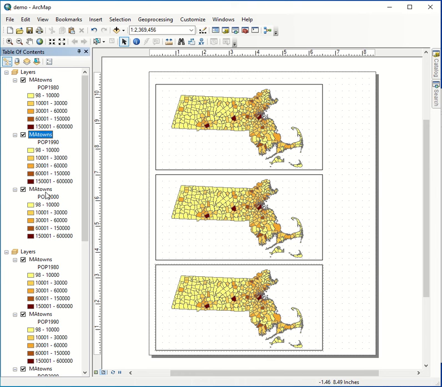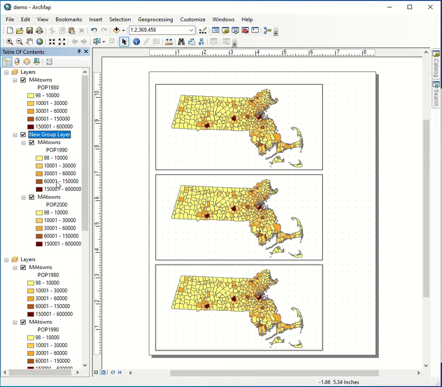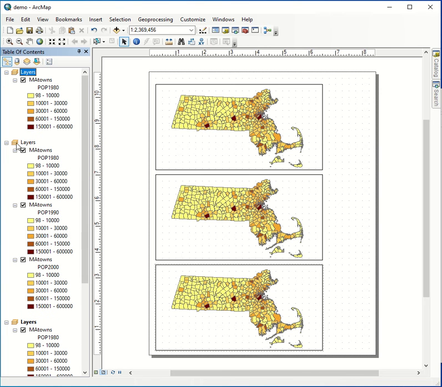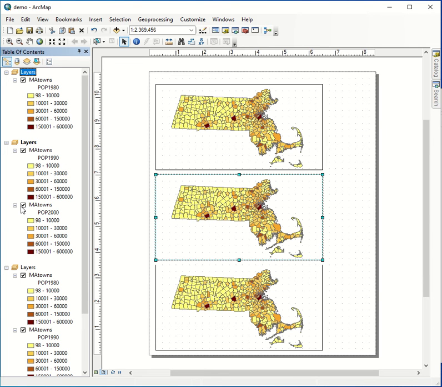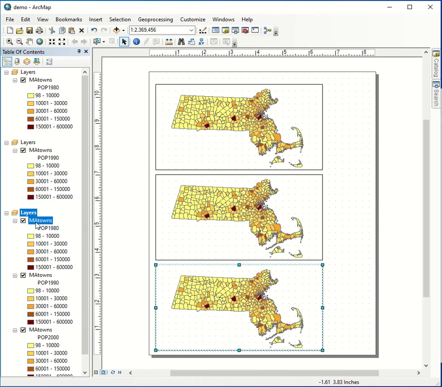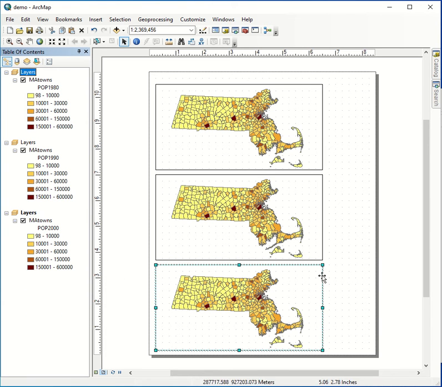So after we do that, we can go into the first one, remove, oops, I grouped it, remove the 1990 and 2000. We'll go into the second here, remove the 1980. And if you don't want to remove, you could just toggle it off. And then in the third, you can remove 1980 and 1990. So here we go. Now 3 different data frames, each with 1 layer. Same geometry here, Massachusetts towns, but a different variable being shown, with the same